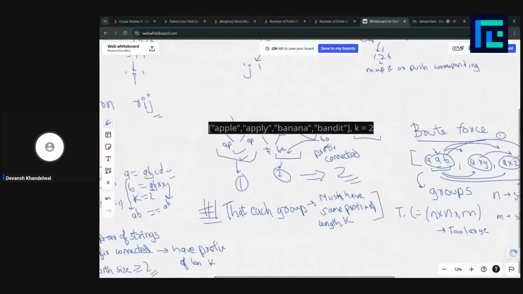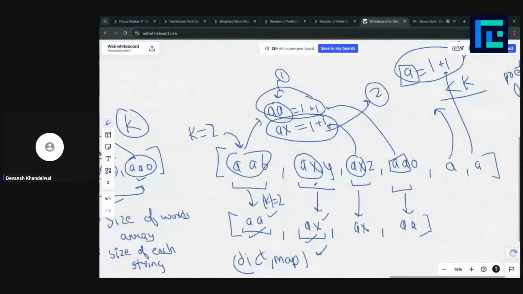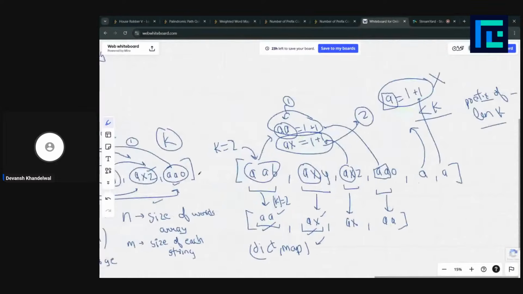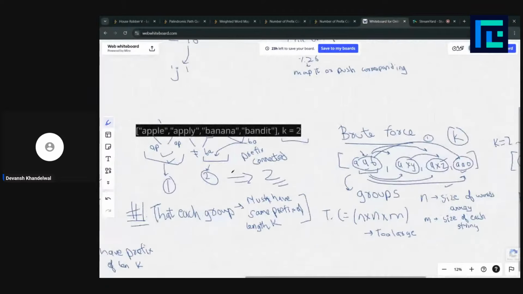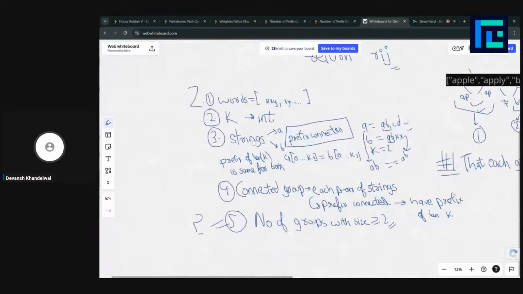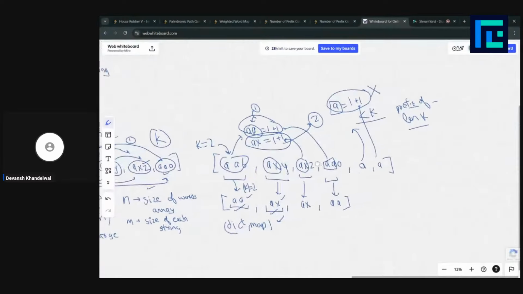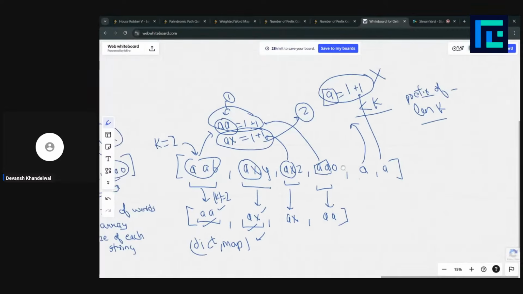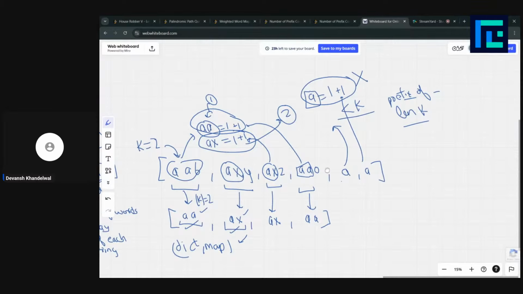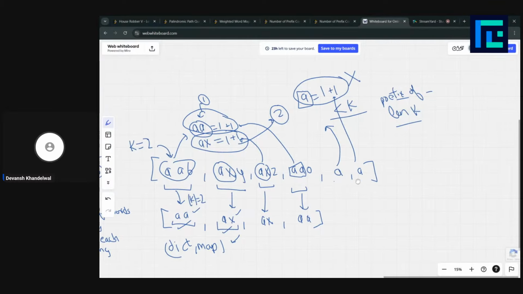And then we calculate the total number of groups. So this was the entire solution. So this was the problem, and this is how we solved it bit by bit. Hope you guys got the solution.